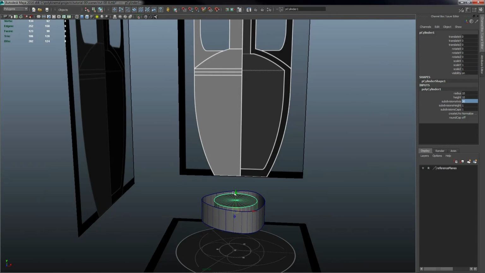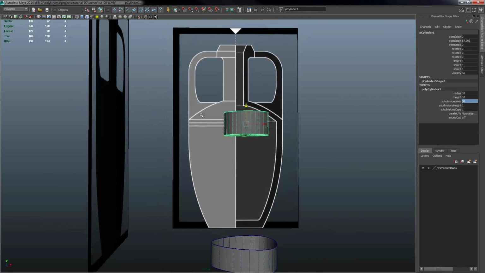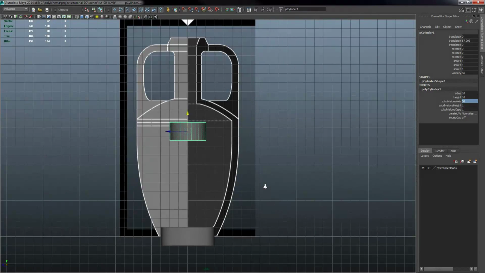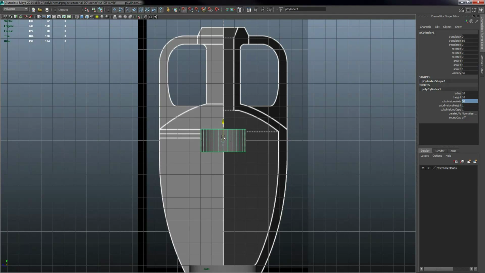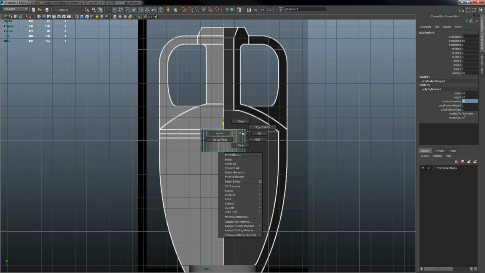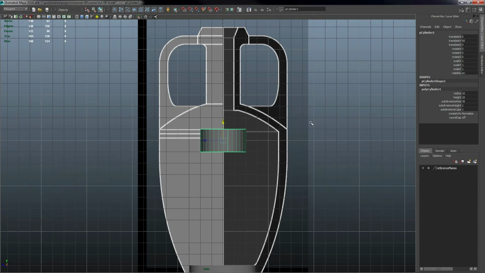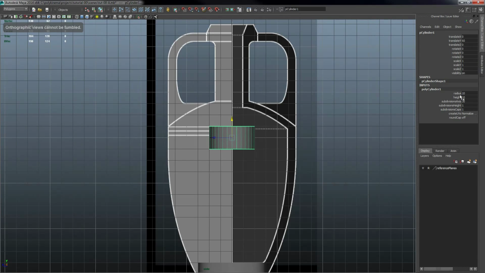Now I'm going to lift that up so it sits right here around the waist of the jar, and I'm going to use the radius on the construction history to bring that out. Looks like 28.5